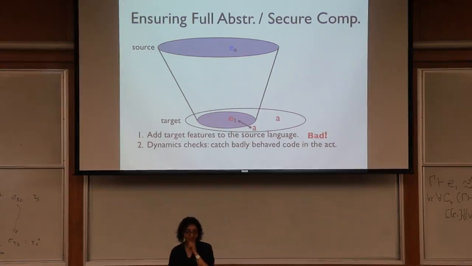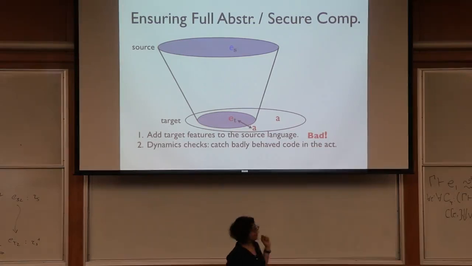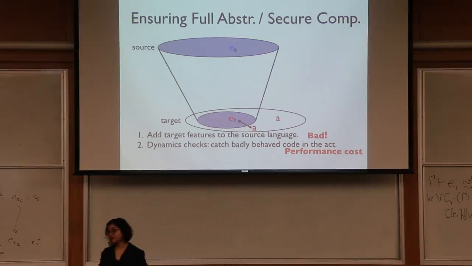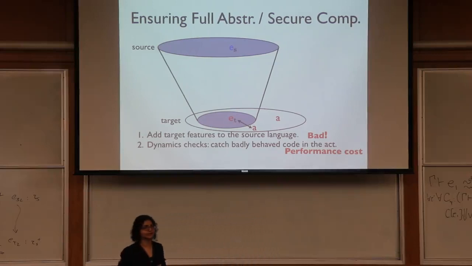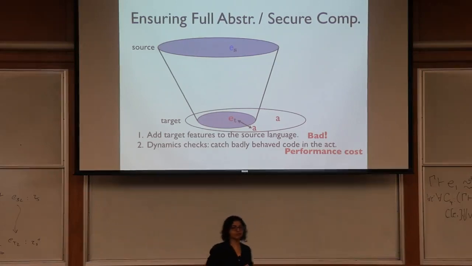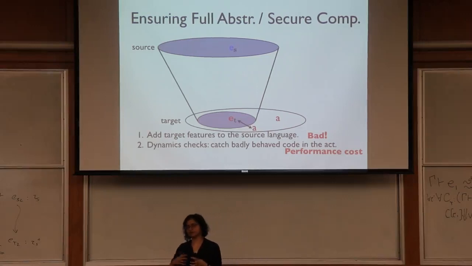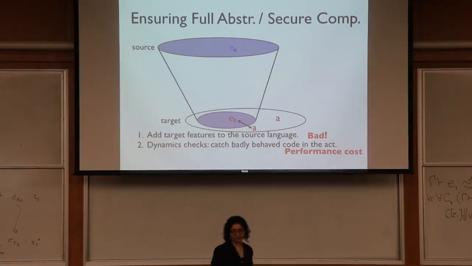Next, we could add dynamic checks, which is about catching this badly behaved code in the act, stopping the program. But the problem with dynamic checks is that it comes with a performance cost. Essentially every single time you cross that boundary, it depends on how much interaction you have between an attacker and your compiled code. This could get really expensive. And this is essentially what's also happening in the whole field of gradual typing. For those of you who are familiar with gradual typing, it's this question of, when you have typed code interacting with untyped code, you want to put some checks or monitoring at the boundary, and that can get very, very expensive. There's a paper called Is Sound Gradual Typing Dead from, I believe, POPL 16 that goes into this